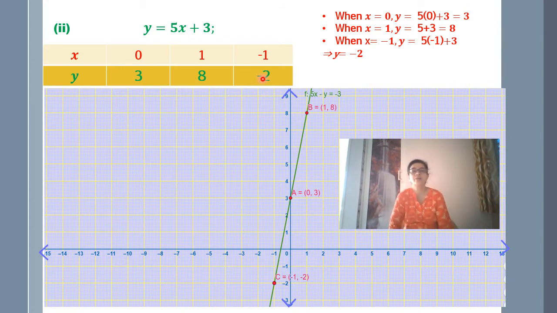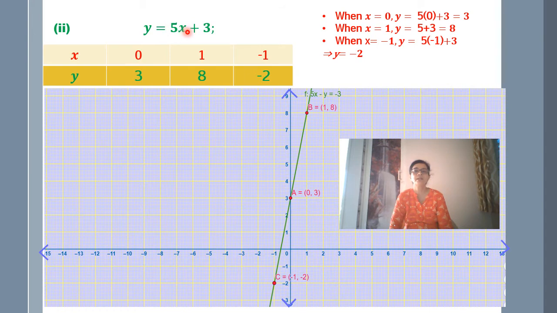Here you can see that I have used x is equal to 0, but I haven't used y is equal to 0. Why? Because when I'm putting y is equal to 0, I'm getting a fraction. So I avoided putting y is equal to 0. It's not necessary every time the trick works, but most of the time it is working. So always try. It is not good that you don't even try. You must try. You can even try orally. If you find it is not working, then you can leave it.